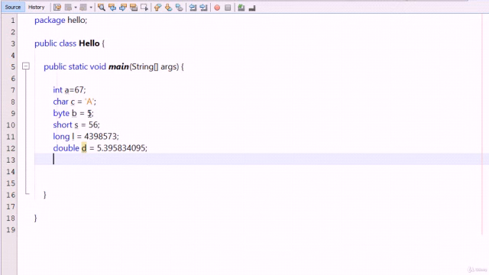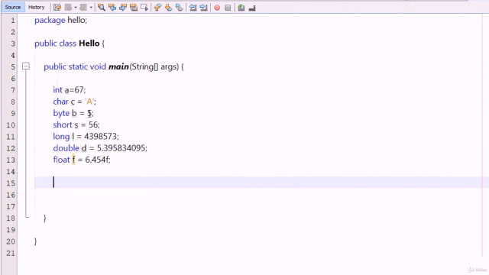At last, I am going to create the variable of data type float. I type here float f equals to 6 point this, and at the end I type here f to denote that it is a floating value. And now I am going to print all these values on the console. So I type here System.out.println